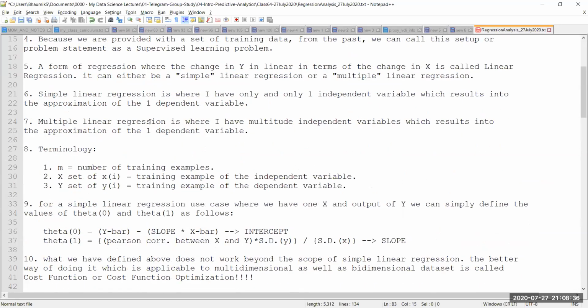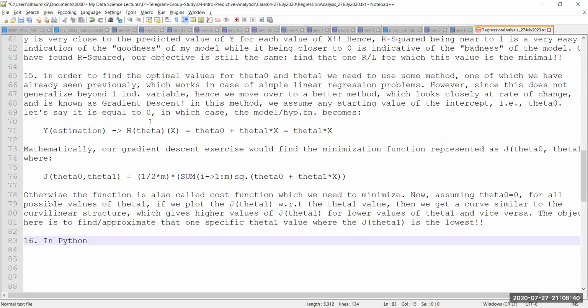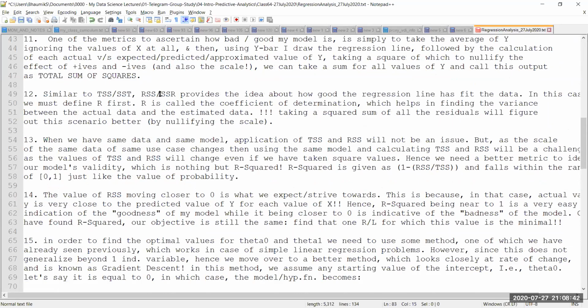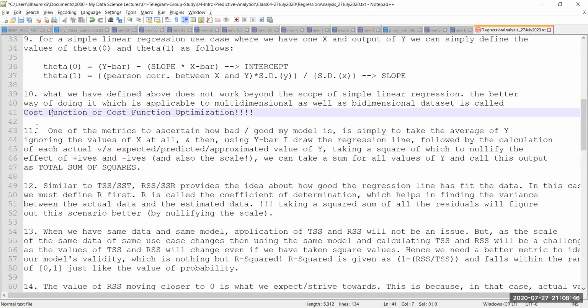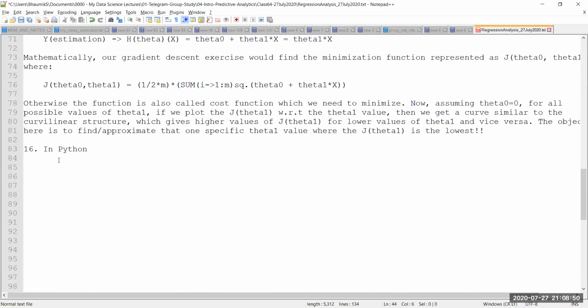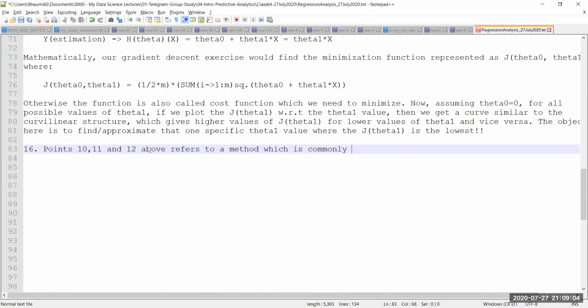I don't think we have written that, so let's just write it down quickly. This thing that we are doing over here is the thing that we were trying to do over here. Points 10, 11, 12. So I'll just quickly write this down. Points 10, 11, and 12 above refer to a method which is commonly applied in